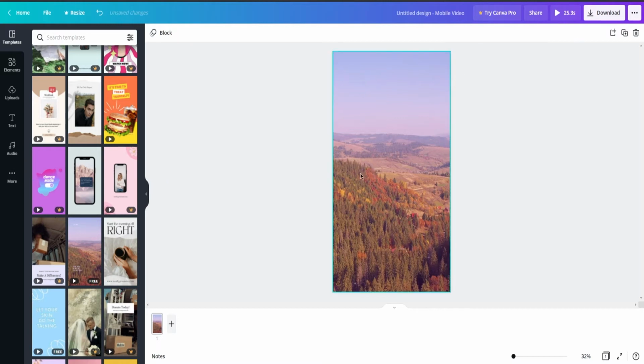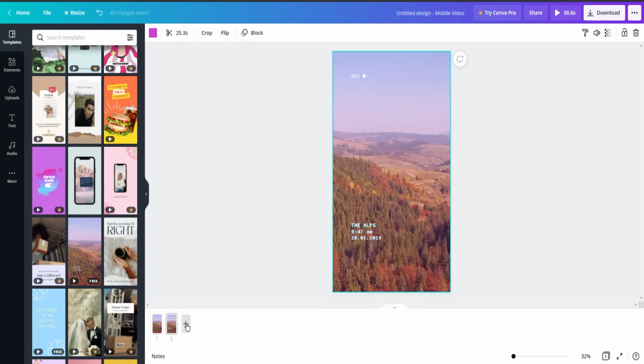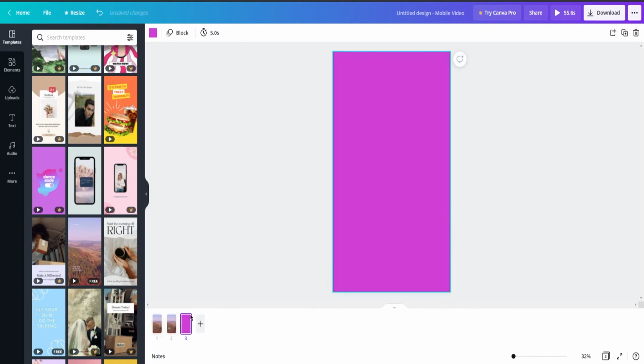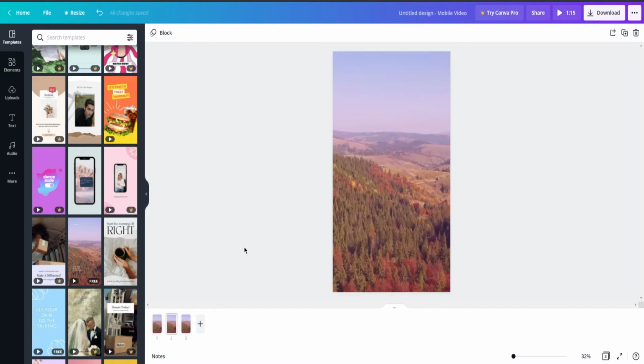Now we'll need to loop this. All you need to do is come over here and hit this plus page over here. As you can see, it's going to do that. Click on this over here. It's going to create the third scene. Now this is where we are going to create the text we want over here, but we also want to add some audio as well.